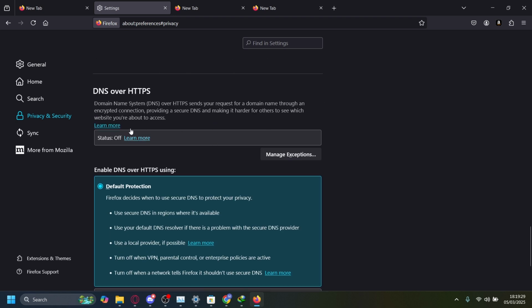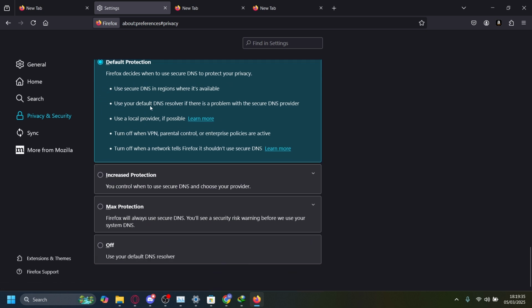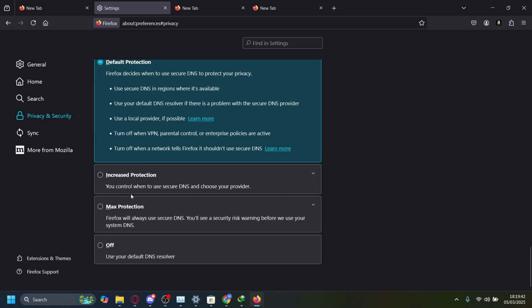Now on the DNS over HTTPS, make sure it's off, and then on the enable DNS over HTTPS settings, make sure it's either on default protection, but don't leave it off because you need some protection. Just make sure it's on the default one and not on the increase or max protection one because that will increase high